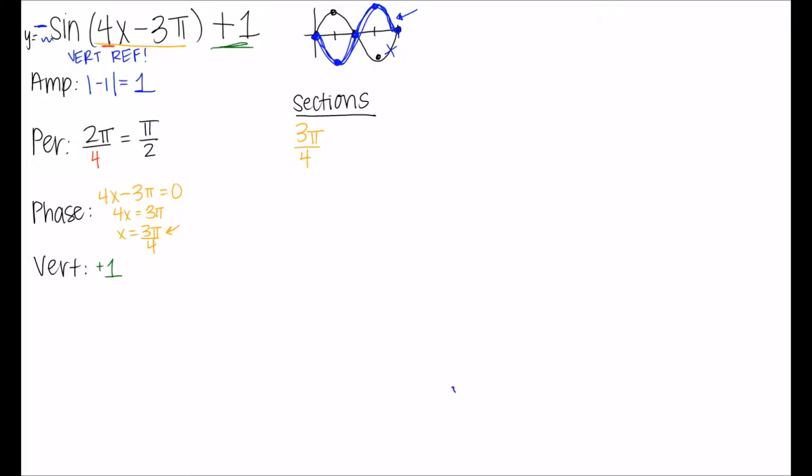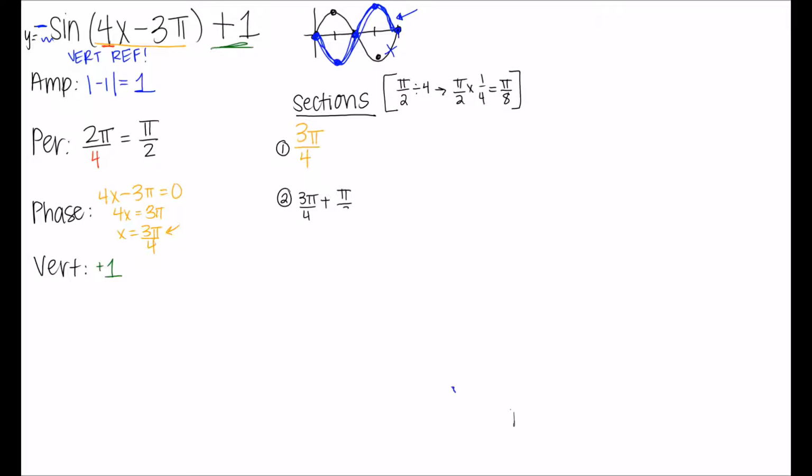Okay, to find out what to add each time, we're going to take the period, which is pi over 2, and we're going to divide that by 4. To divide it by 4, that means that we're going to multiply it by a fourth. So we're going to add pi over 8 to our phase shift until we have completed a period. Okay, so first tick mark will be at 3 pi over 4. The second tick mark will be at 3 pi over 4